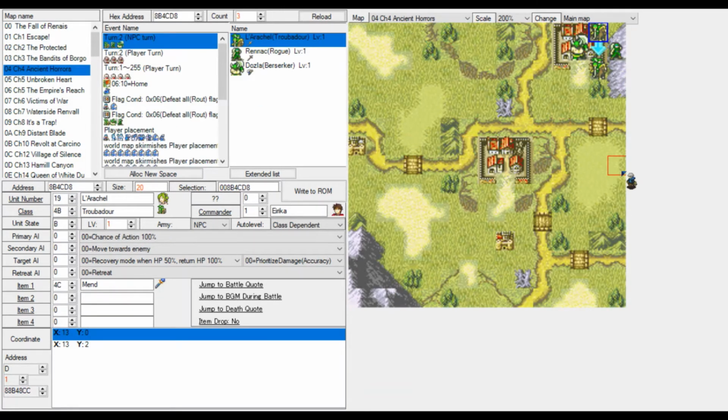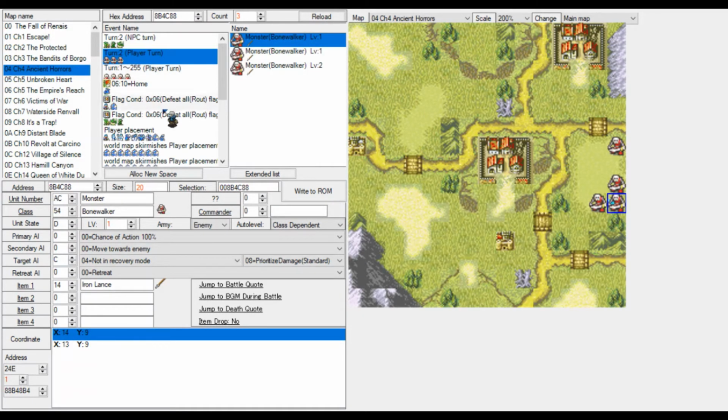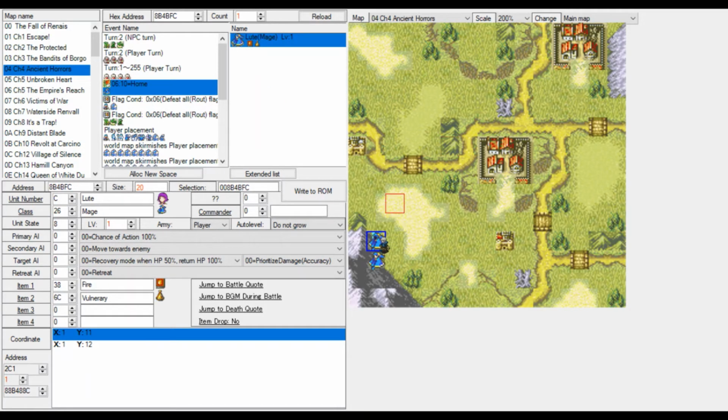There we go. The map has been refreshed, and as you can see, La Rochelle, Dasla, and Rannoch are out of place. Now, the reason they are is because the units are always set to a certain coordinate. And if you were not planning to change much about a chapter at all, you do still need to keep unit placement in mind. So, before we start placing our enemies over here, let us first go to loot before I forget.